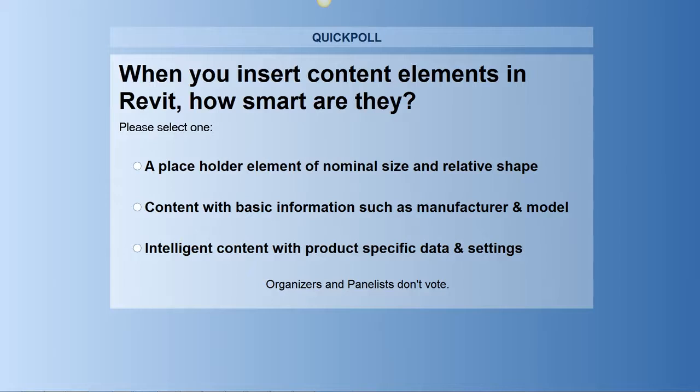We're going to have a quick poll. One of the questions that we're going to be asking is: when you insert content elements into your Revit project, how smart are they? We're just trying to gauge where some of our attendees are, and based on the answers you're giving, it's important for us to see how our clients or how other people in the industry